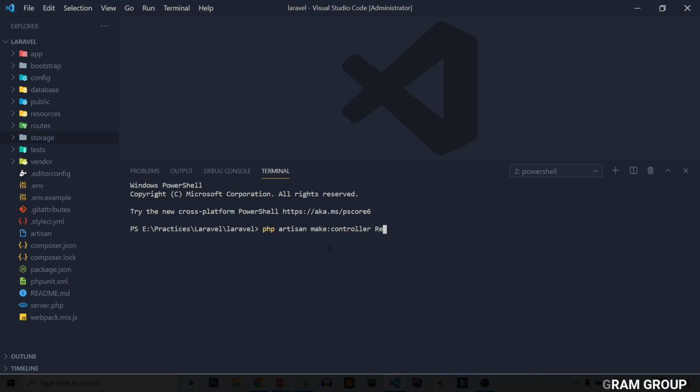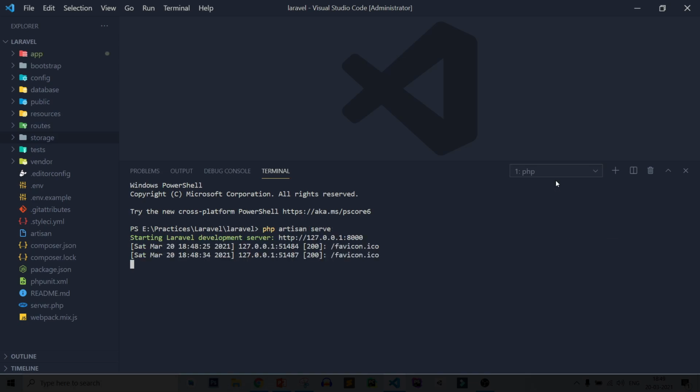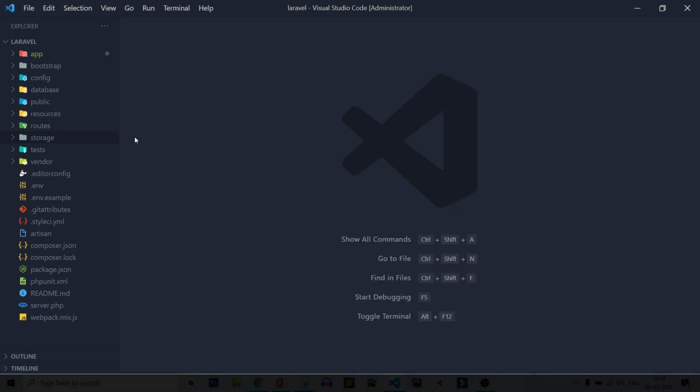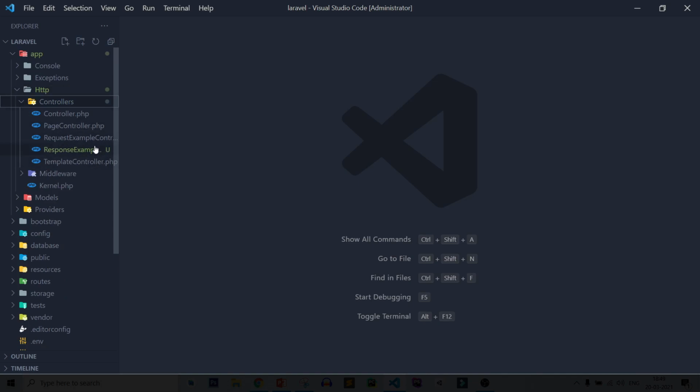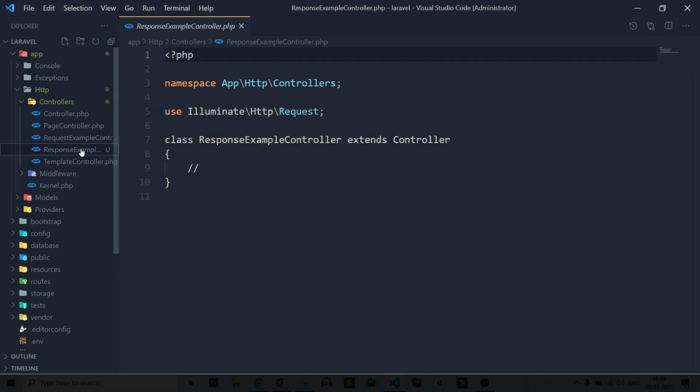Here I am passing ResponseExampleController. Click enter. After that come to this terminal and close this also. Now if you check, click on app, Http, Controllers, and you can see ResponseExampleController has been created. So you can see our controller is ready.